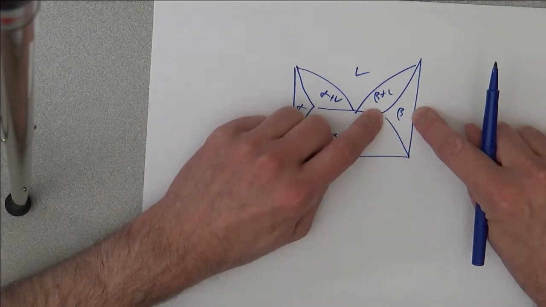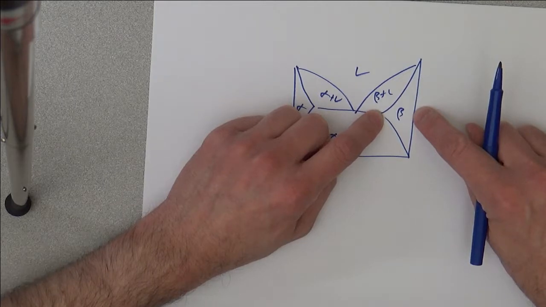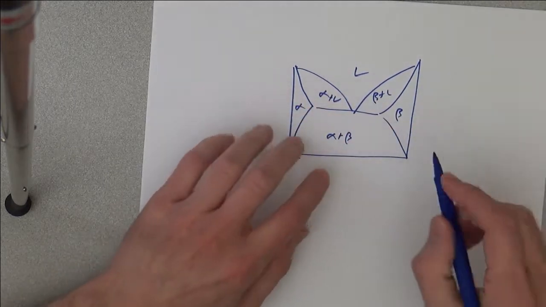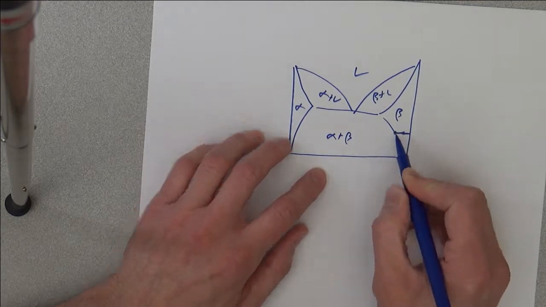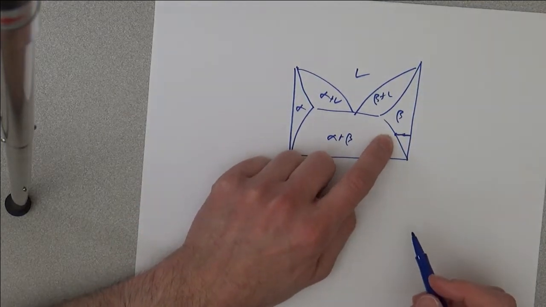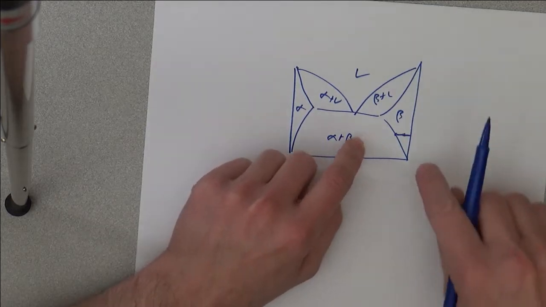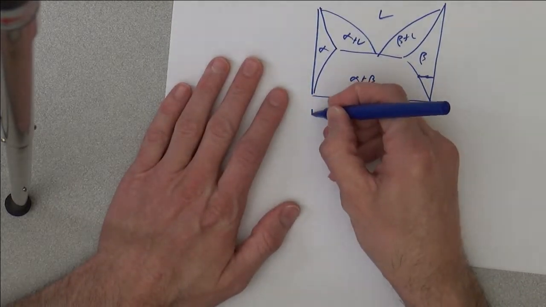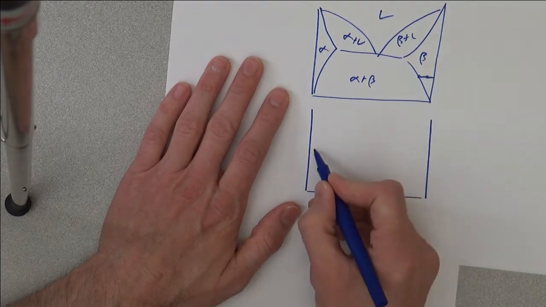Remember, the width of this phase region tells you the degree of solubility. As I move, say, this direction, I eventually cross a solubility limit and I start to precipitate out alpha phase. Well, if I turn this instead to a phase diagram that looks like this,